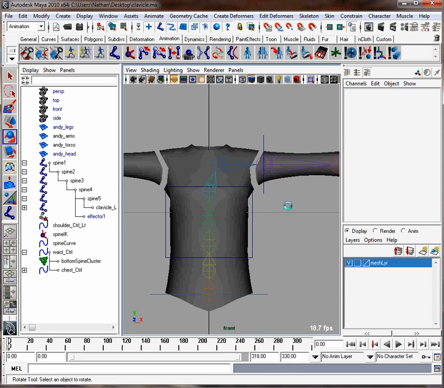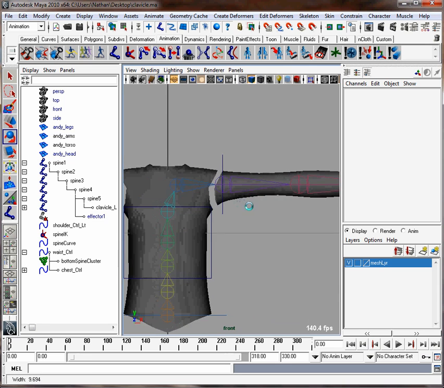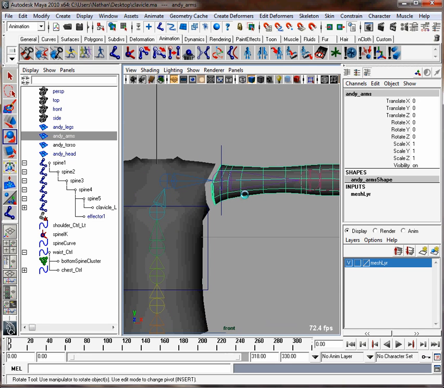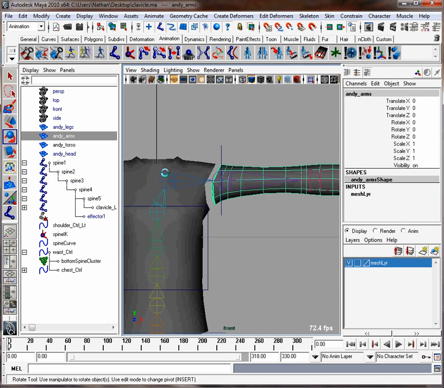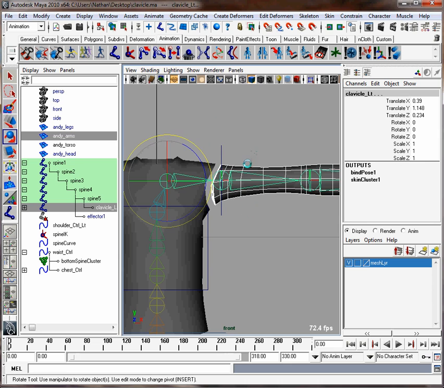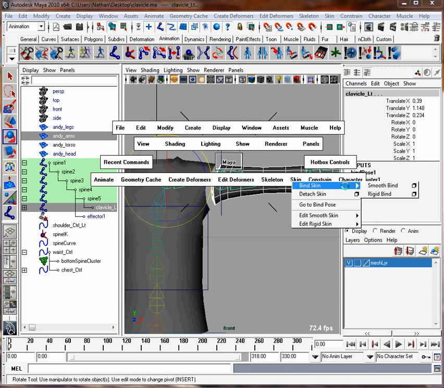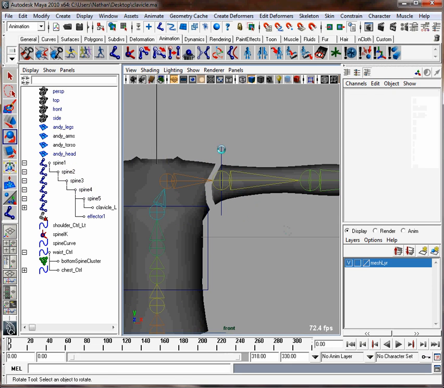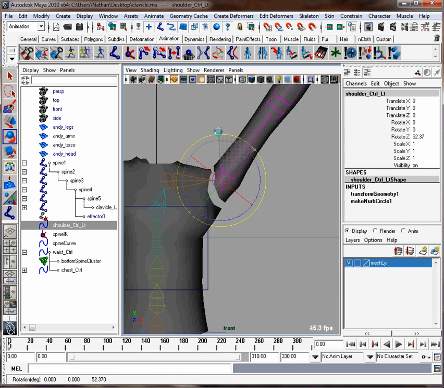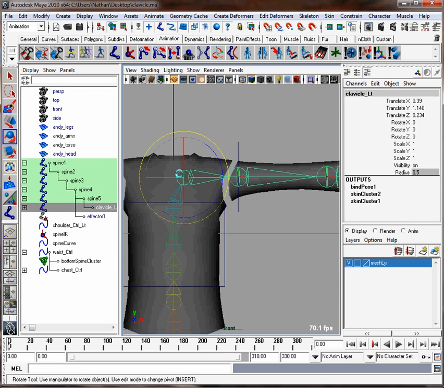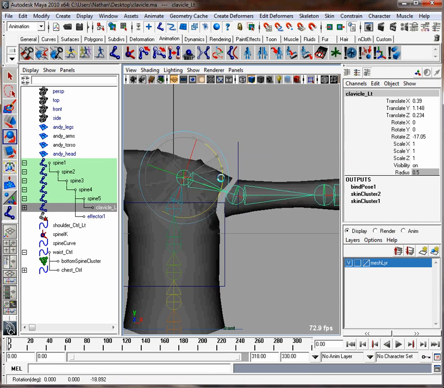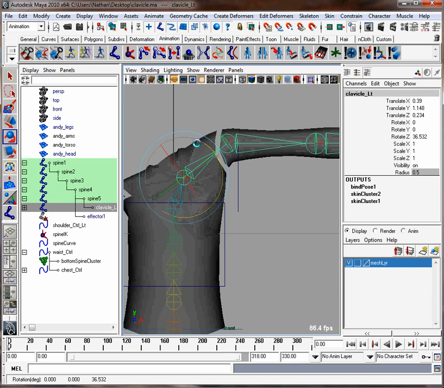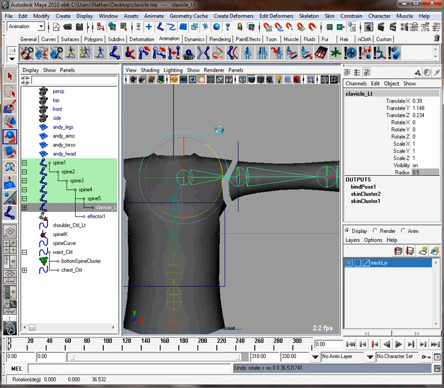Oh, forgot to add the arm in there, so I'll select the arm as well, and then the clavicle joint. Go to skin, bind skin, smooth bind. Now my arm's going to move. If you see how your clavicle works, you can just raise your clavicle up and down and get your character's shoulders to shrug, but we don't want to have to select the joint itself, so I'm going to put a